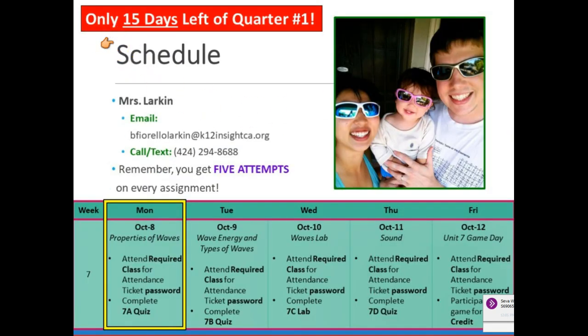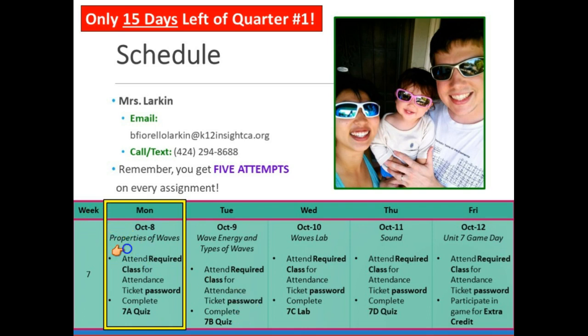We only have 15 days left of the quarter. It's ending very quickly. So we can see we're already in week 7, right? So we have week 7, week 8, week 9, and then we're completely over, and classes are done. You won't be able to turn in any work after that moment, right? So no more late work after the last day of the quarter. It's not like we have a second quarter of this class. It's completely over, and then we start new classes.